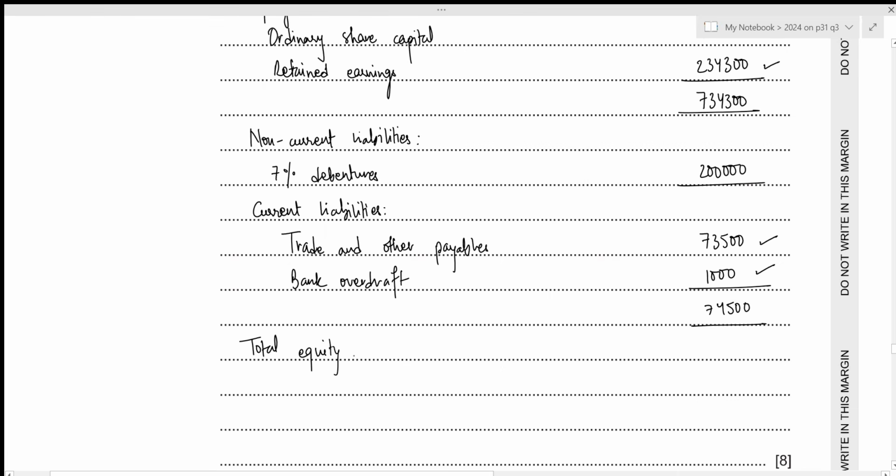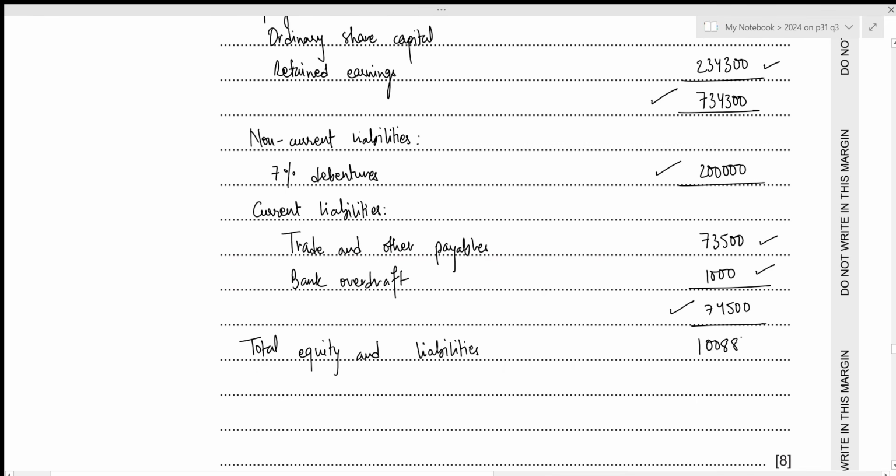The first one is trade and other payables. So 73,500. Then the bank overdraft of 1,000. Okay, so the total current liability will be 73,500 plus 1,000, which is 74,500. Now we need our total equity and liabilities. Okay, we have the total equity of 734,300, non-current liability of 200,000, and the current liabilities of 74,500, which gives us a total of